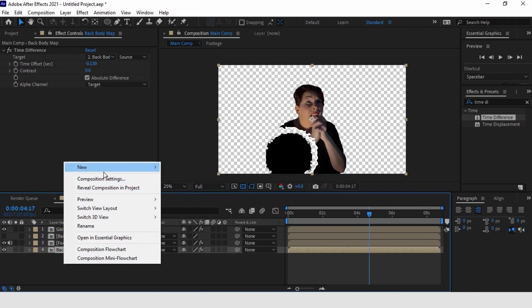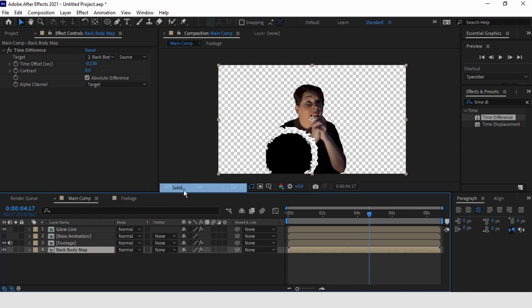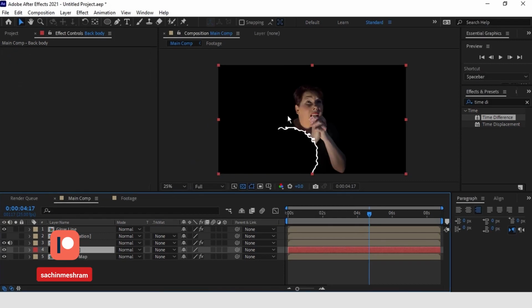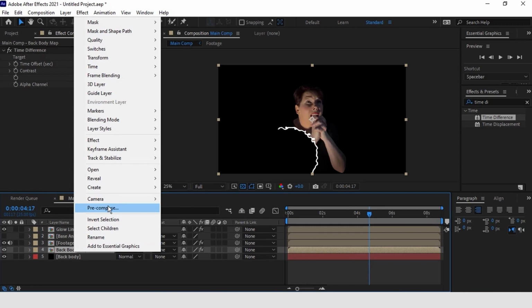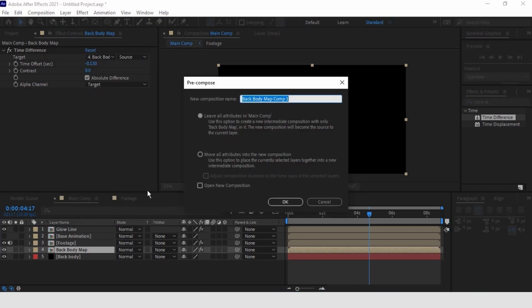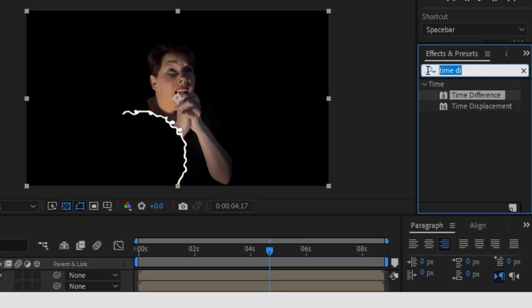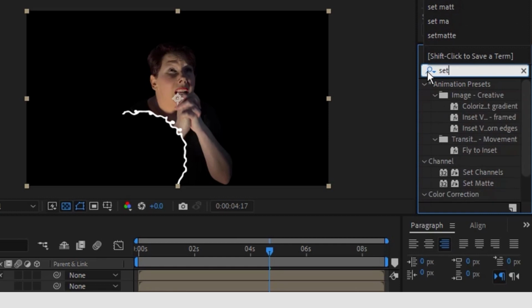Now create a new solid layer and name it back body because this is going to be our back part of the body. Precomp the back body map layer. And add the set matte effect on the back body solid layer.